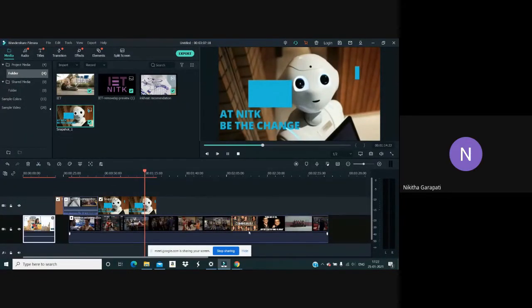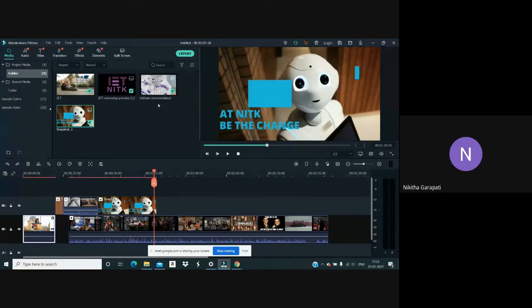So while you play your video, now the audio won't be played, and you can see that over here also there's no audio. So this was the use of that audio bar, where it'll show us where the volume suddenly increases or where it decreases. All those variations will be shown in this audio bar. So that was about most of the options that are available in Filmora.